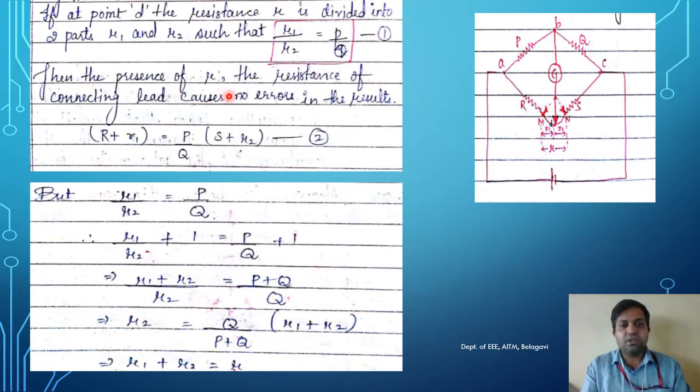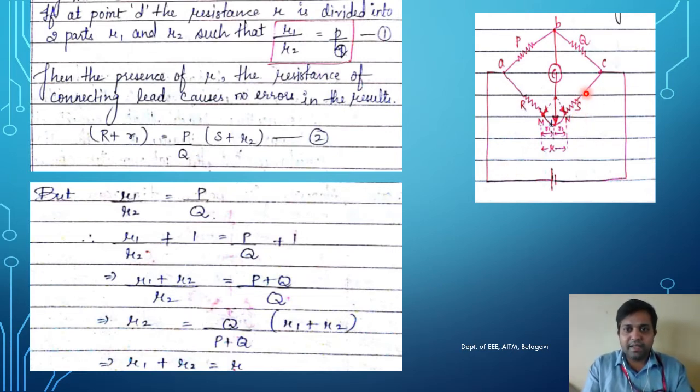Then the presence of this lead resistance causes no error in the result. Okay, so after that, if it is connected to point D, what will happen? The unknown resistance will have another set of resistance, that is r1, in series with this unknown resistance. So R plus small r1, which is equal to